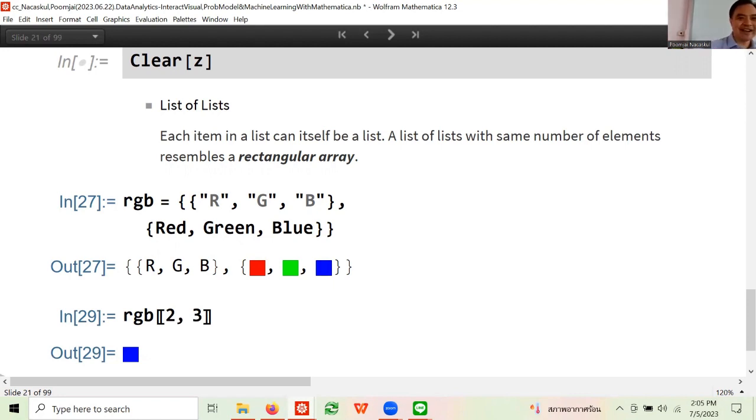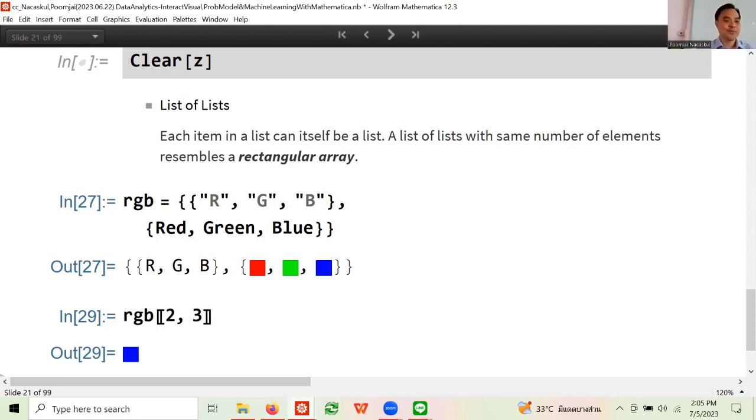Because your screen is a list of pixels. The first row is the first thing, the second row is the second thing, the third row is the third thing, all the way down to the bottom. Each row is a list of individual pixels, and each pixel is a list of red, green, and blue.